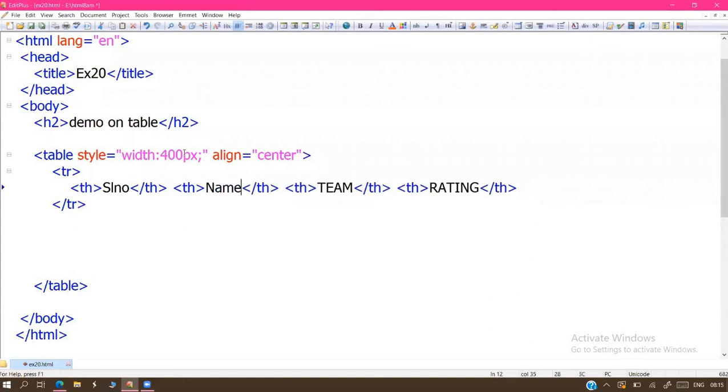Serial number, name of the subject, marks 1, marks 2, marks 3, and TR close.